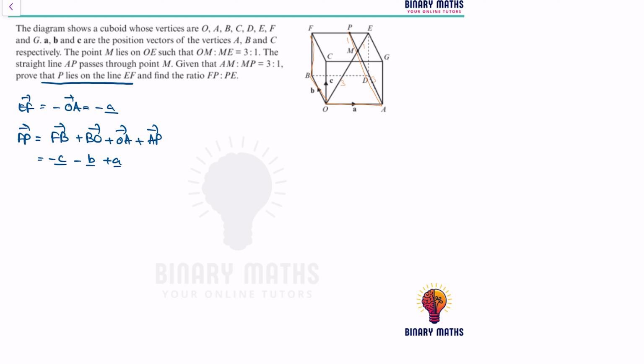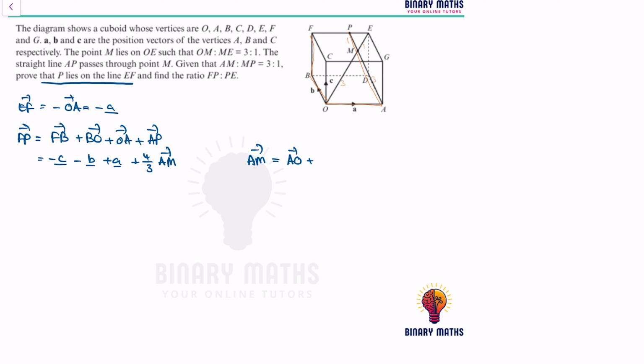The AP we don't know what it is, but we do know if we know what AM is, it's 4 over 3 of AM. Because if AM is 3 parts and MP is 1 part, then it's 4 over 3 of AM. So what we need to do is work out AM first, because that will help us. Now AM is the same thing as AO